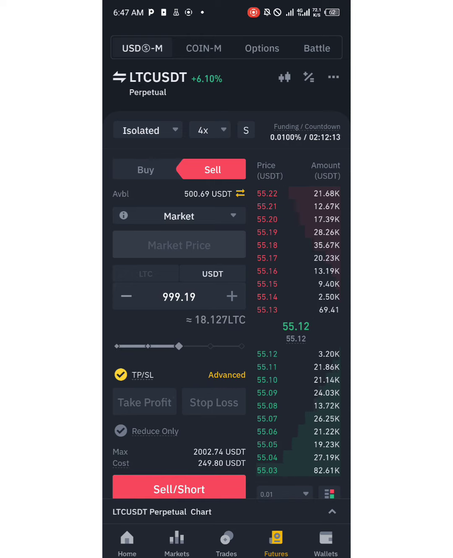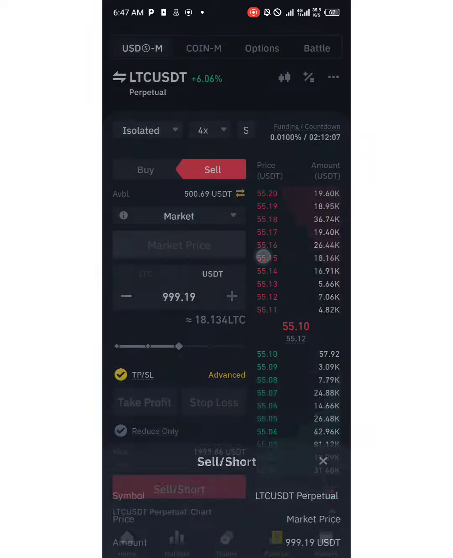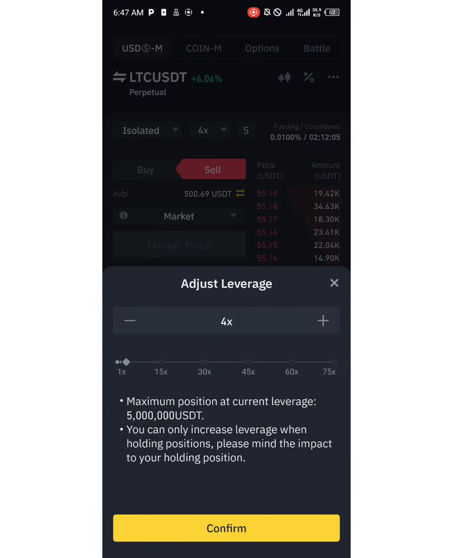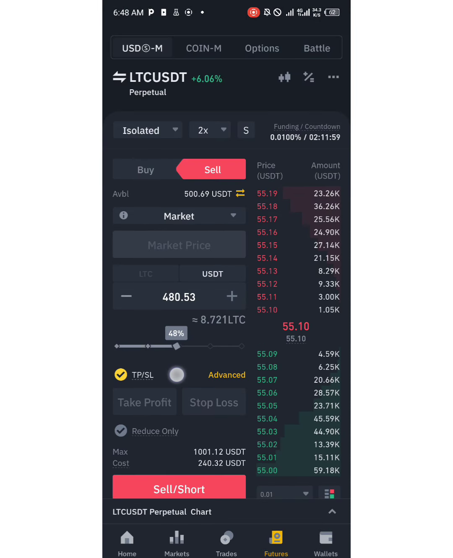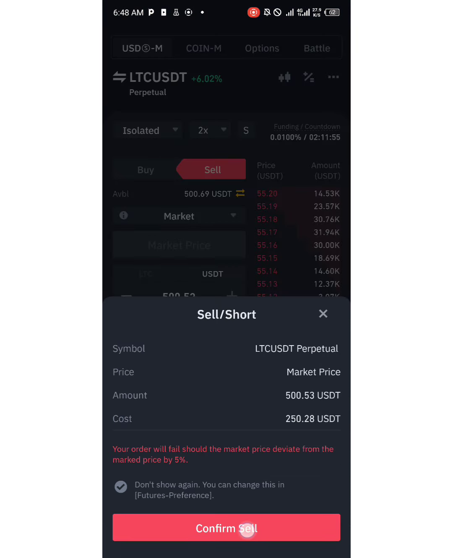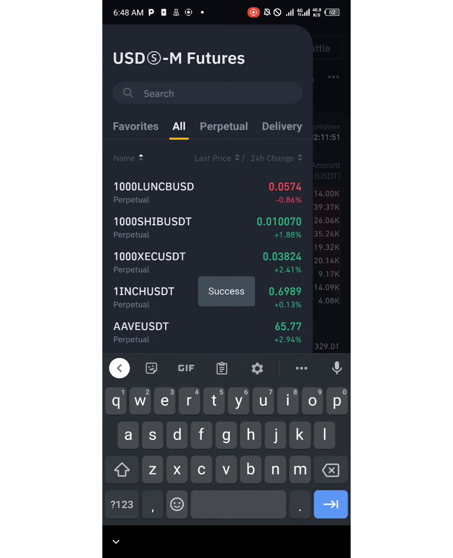So I'm going to click on sell. No stop loss, no take profit, just entering the market like that. Okay, it's 2x. Let me adjust this again. 2x and 50%, boom. So I'm going to click on short,